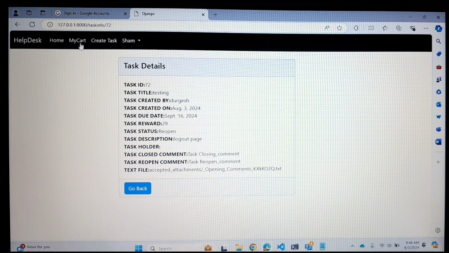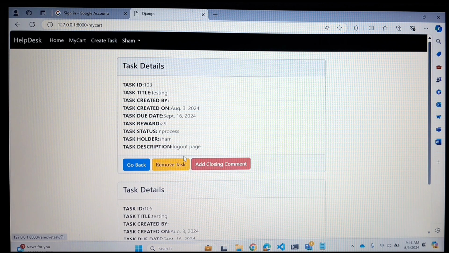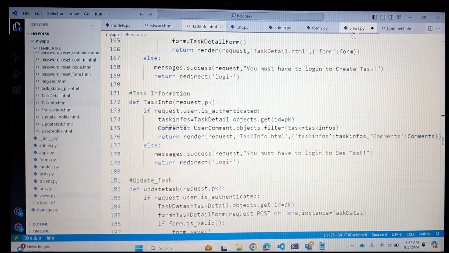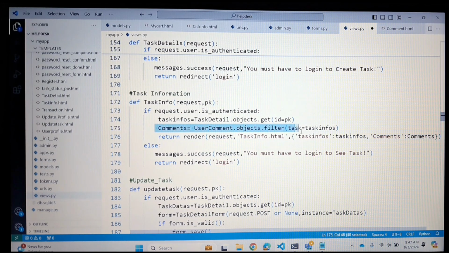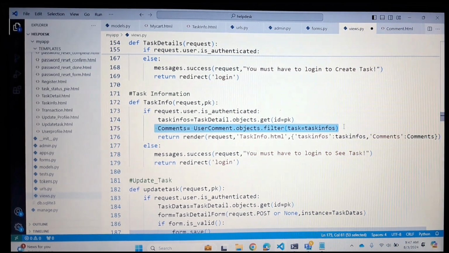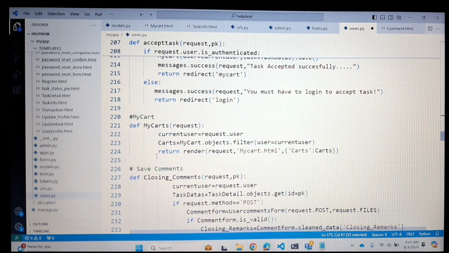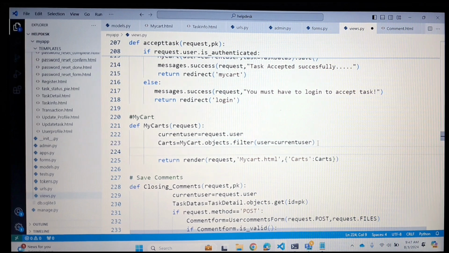But one more thing, usually when the person is going to reopen the task, that particular task is directly going to display in the bucket of the user who has closed that particular task. So it is a good thing if you display that particular thing in the my cart also, correct. So what we can do, come here in the VS Code, then go to the views.py file, and whatever we did here, the same thing we have to do in the my cart view also. So simply come here, see here in my cart, simply paste that particular line,